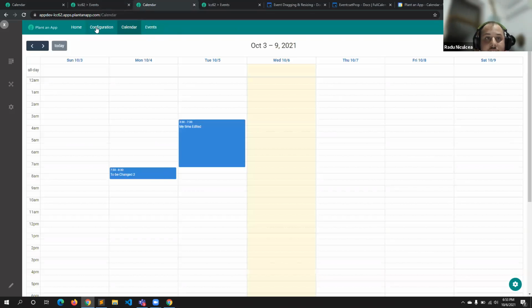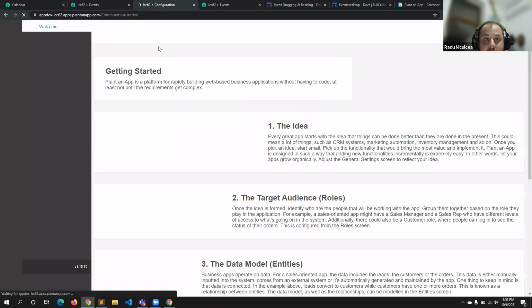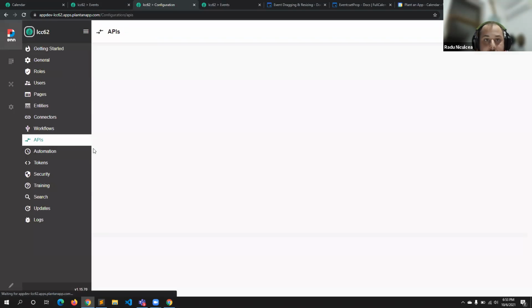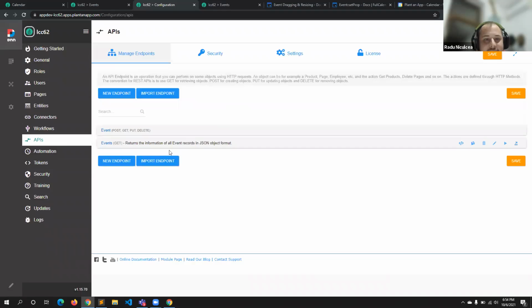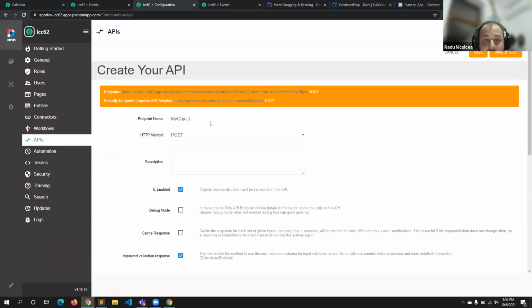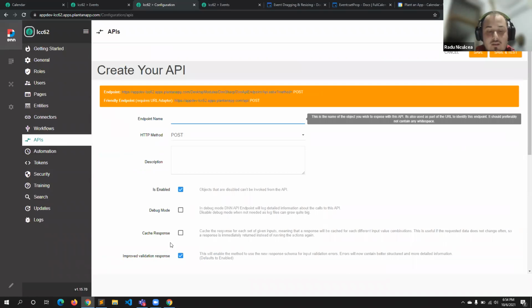So to do that, I'm going to go behind in configurations, go to the APIs, give it a second or two. I'm going to create a new endpoint, and this new endpoint should be called update event.